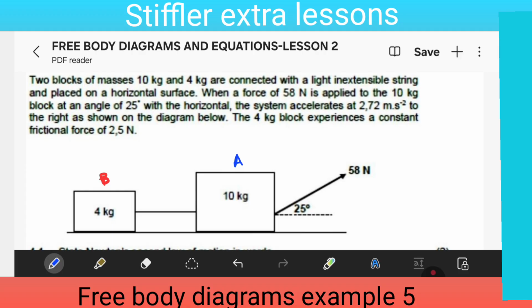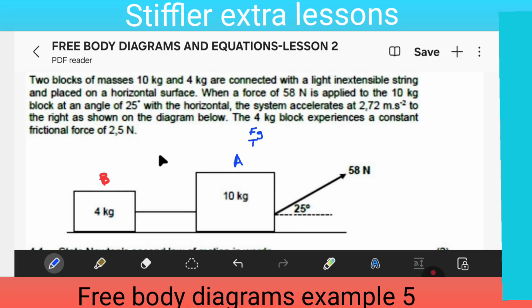So we're having this situation, we're having block A and block B there. Let's read out the statement so that I'll help you to take out the important information. Two blocks of masses 10 kg and 4 kg are connected with a light inextensible string. Like I said, once they told you that these objects have mass, it means that they have gravitational force. And they are connected with a string, so it means that they are having tension